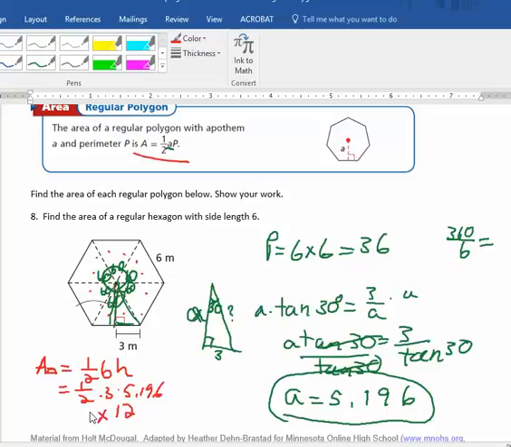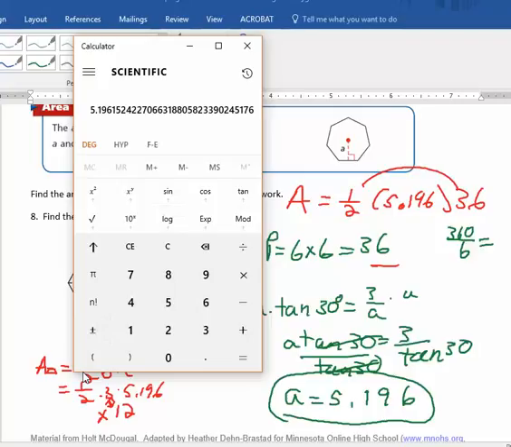Or I could use this formula, which says that the area will be equal to 1/2 of the apothem times the perimeter, and the perimeter I found was 36. Now both of these answers will get me the exact same thing because 3 times 12 is 36. So right there you'll get the same answer. If you want to do some math in your head, 1/2 of 36 is 18. Now on my calculator, I still have this 5.196. Well, I have the whole thing. So I could go ahead and multiply that by 1/2 times 36 or by 18. And this is really a very exact answer,